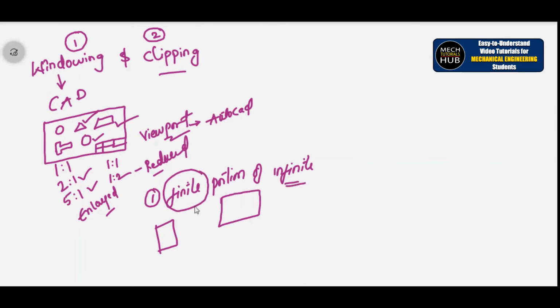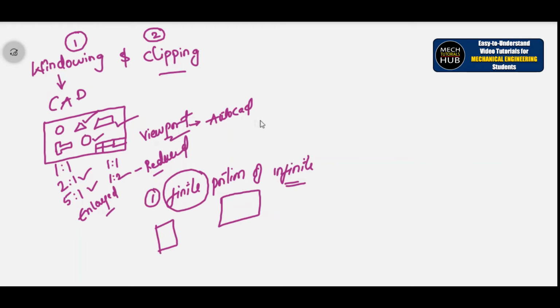Try to understand, out of infinite world we are going to pick the finite portion to make it visible on the screen coordinate system, okay, which is where you could see all of them with different sizes, different shapes, different scalings that can be taken, print and send it for the shop floor for manufacturing. Alright, this is how it goes.